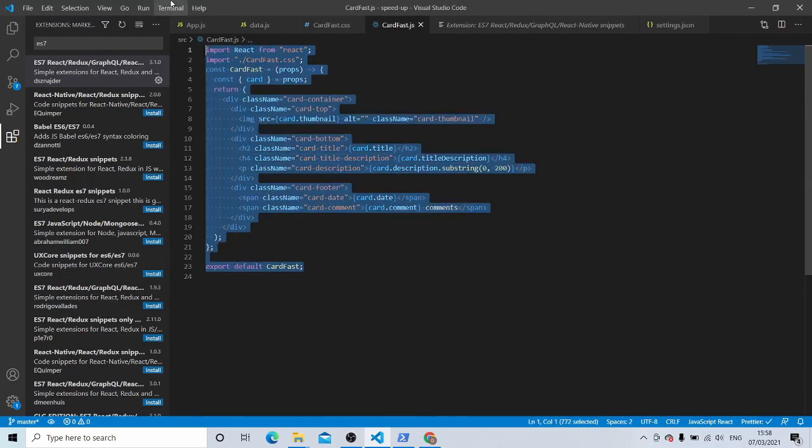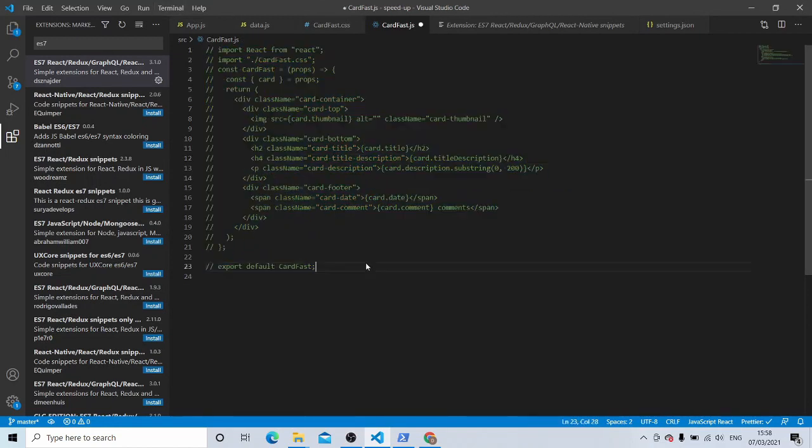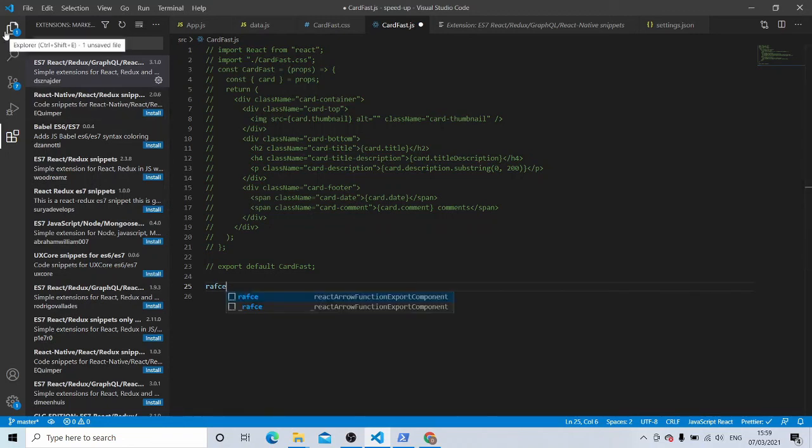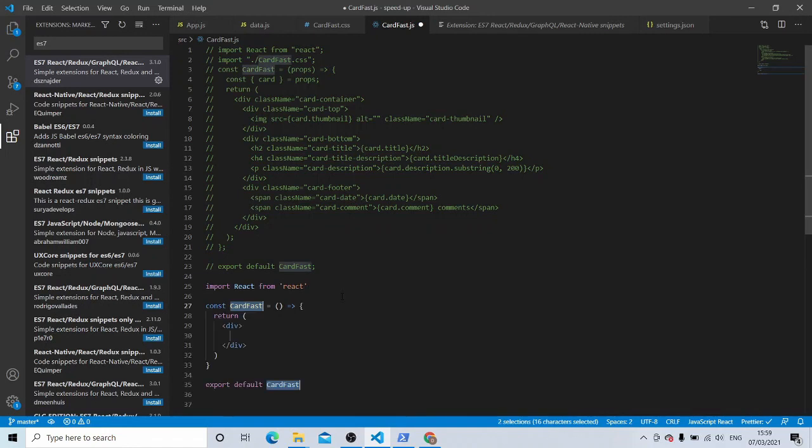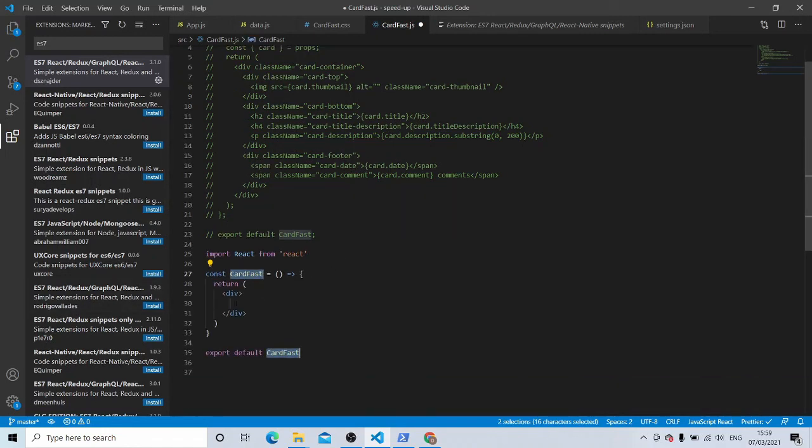Let's say I have a component, right? This one is card fast. I'm gonna comment this for now, and I want to create a component. And all I can do, I can of course just type this every time, I import React, and I make a component and export default, or I can simply use these extensions and simply type RAFCE, sorry, RAFCE. Oh, it's not installed right now. Okay, RAFCE, and I hit tab, and now I already have the component, and all I do is maybe change